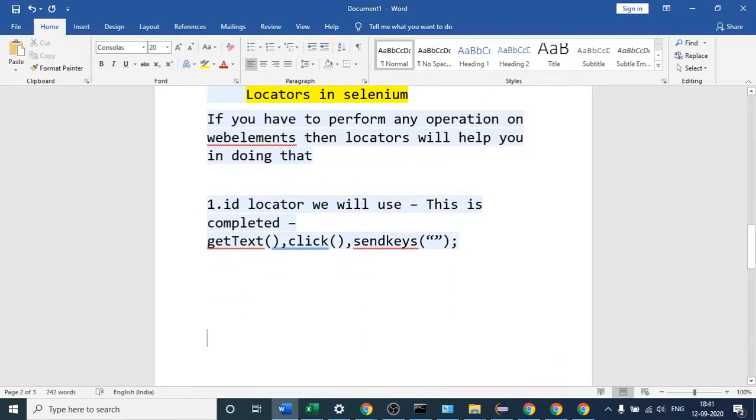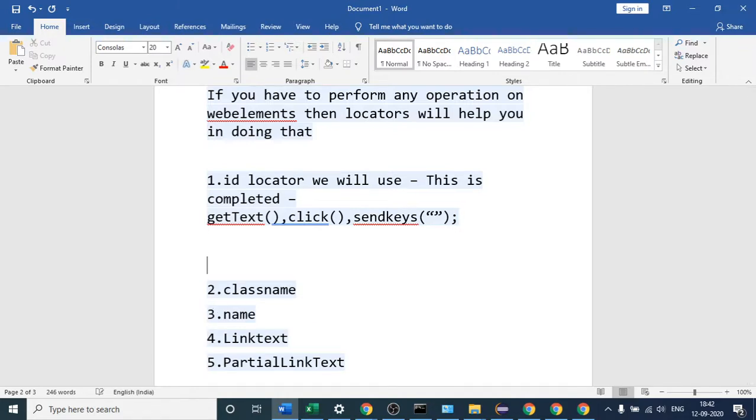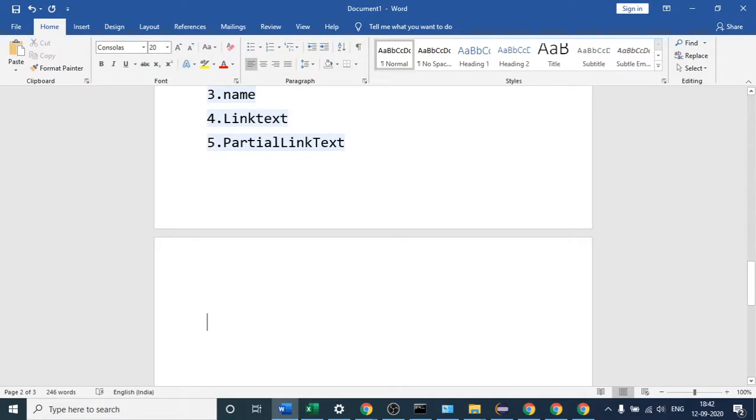So let me quickly tell you what the other locators are. Then we will discuss these locators deeply in our next class. So other locators will be ID, class name, name is one of the locators, then link text is one of the locators, then this is also one of the locators, partial link text. Let me write two more locators here.